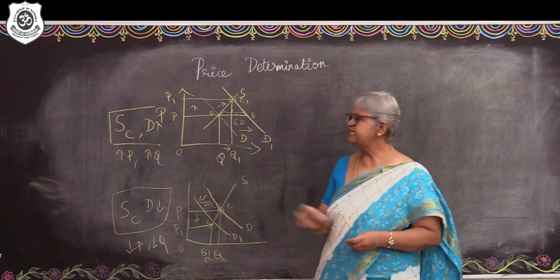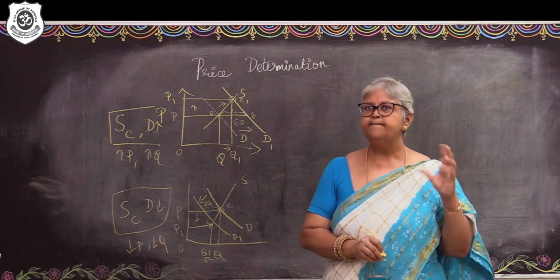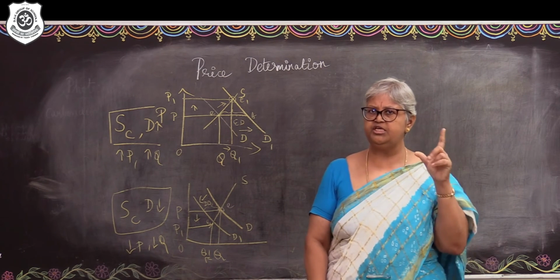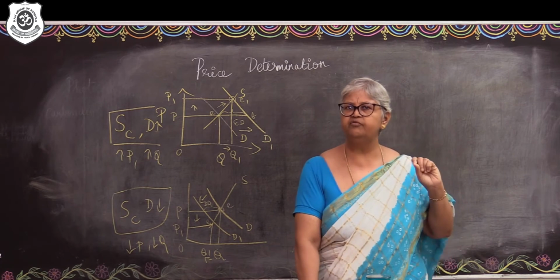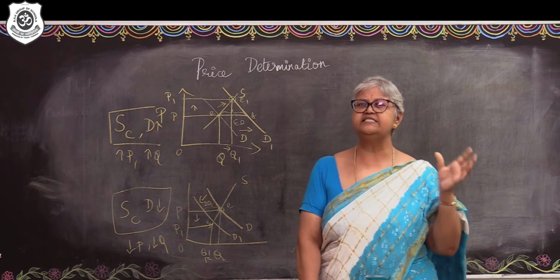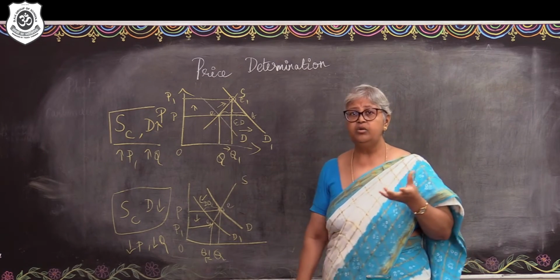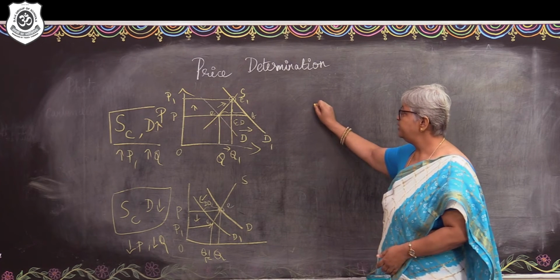Right? So these are two cases that you can understand when there is just going to be one of the market forces changing. Demand and supply are the two market forces. When one market force, supply, remains constant and the other one changes, this could be the outcome. Fine. Now, what will happen when the